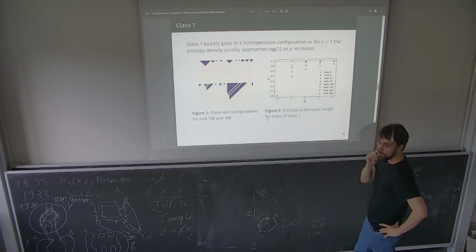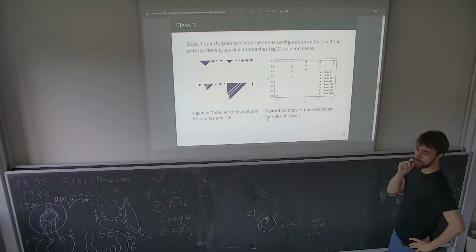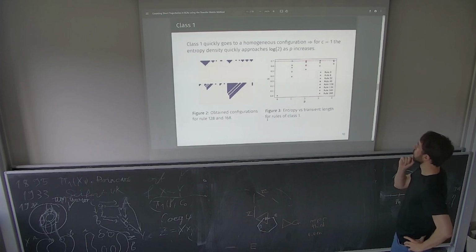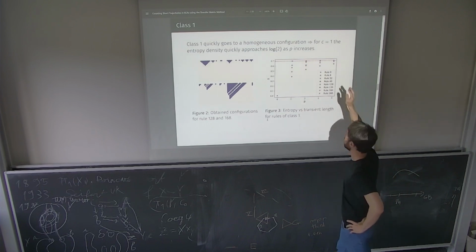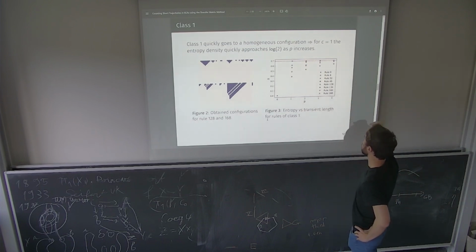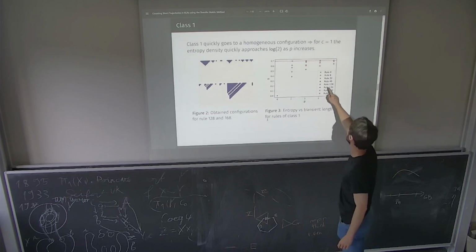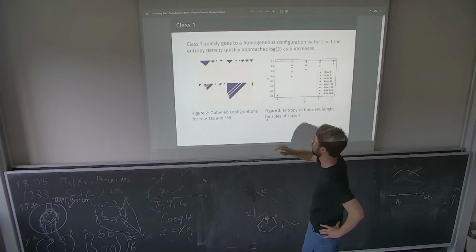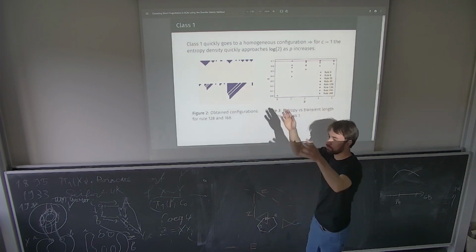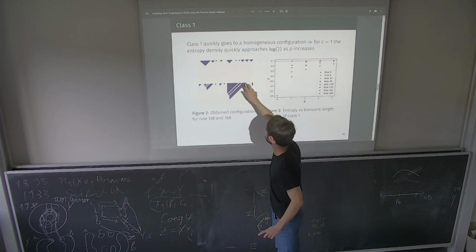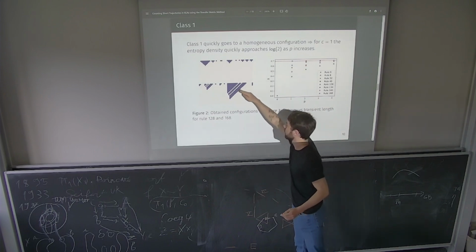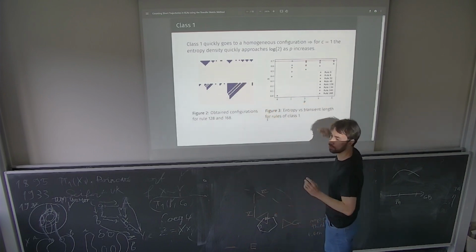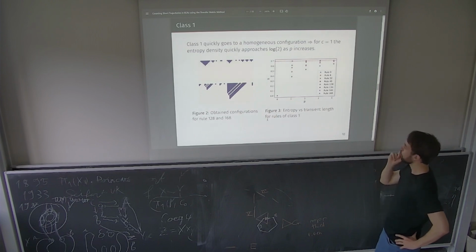So here the entropy is a proxy of the number of initial states that give you this transient. Exactly. So for most rules we get really fast to the maximum entropy. And what we can see, for instance for rule 168, is that it gets there less fast, which means that there are more initial states that give long-lived structures. But we expect that if I increase this, it will take into account more and more of these structures and go to the full. So when you have the maximal entropy, this means that any initial state gives you